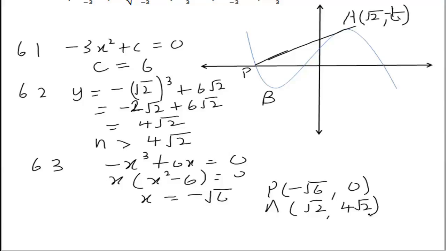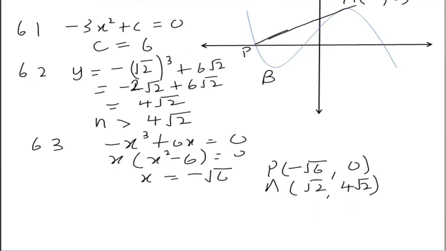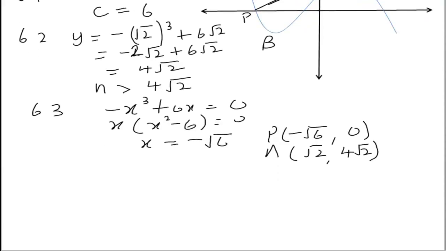So if we look at this problem very carefully, we need to find the gradient, which is obviously the derivative as well, and equate both the gradients. And in equating both the gradients, you'll notice that the gradient of minus 3x squared